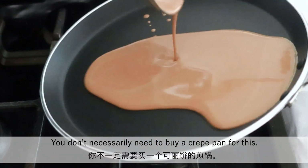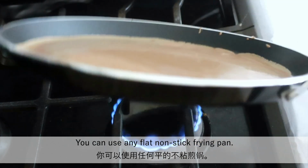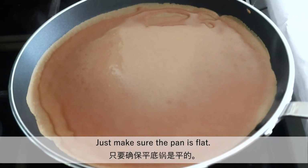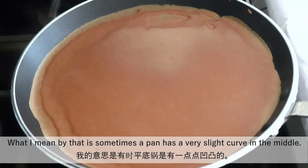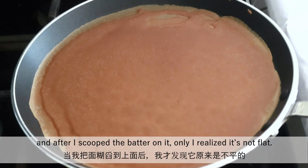You don't necessarily need to buy a crepe pan for this. You can use any flat non-stick frying pan. Just make sure the pan is flat. What I mean by that is sometimes the pan has a very slight curve in the middle. I used my regular pan in the past to make crepe, and after I scooped the batter on it,